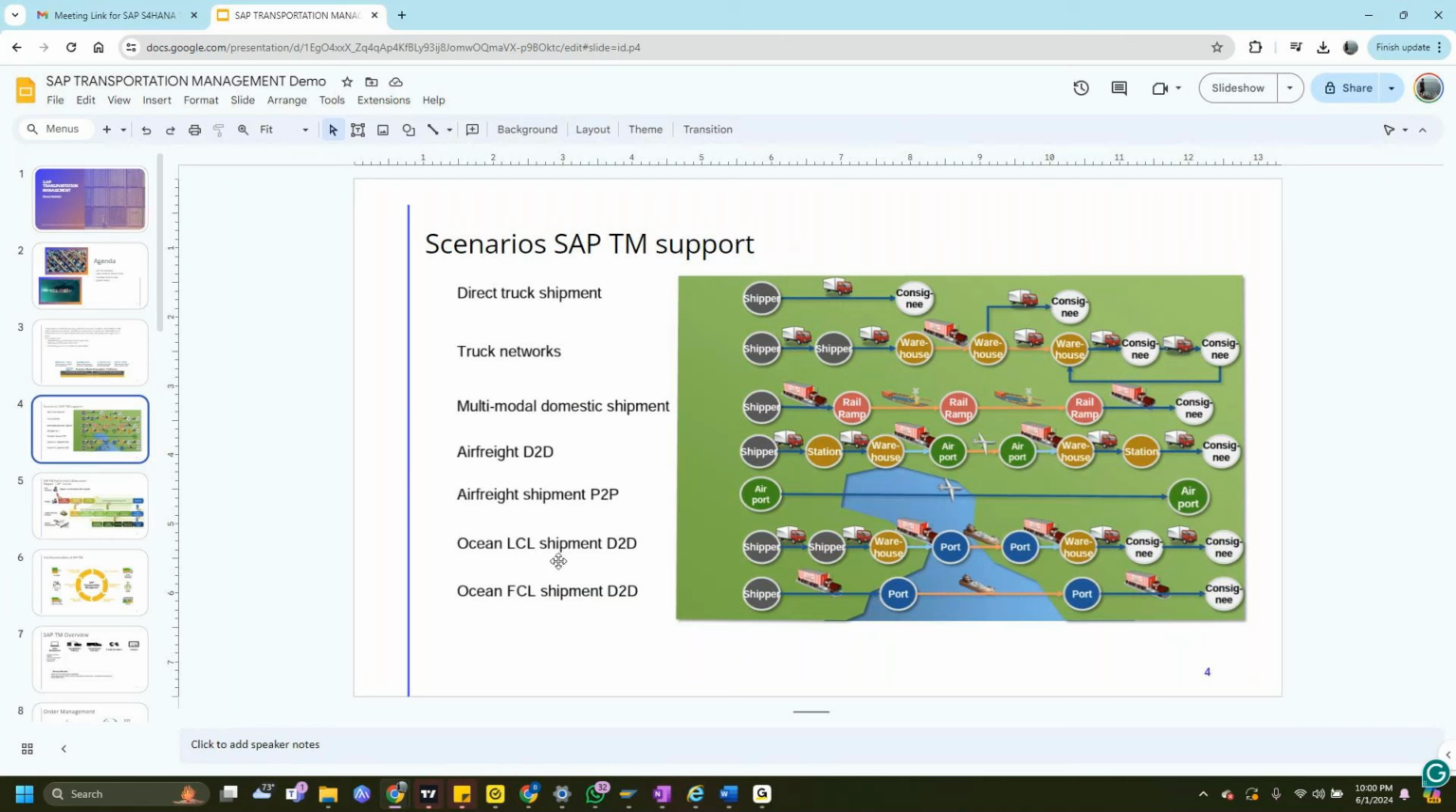LCL is like you have big containers. You have seen the Maersk container ships. If you see a particular Maersk ship, there are containers upon containers upon containers, stacked in multiple floors and placed on a particular vessel. So less than container load is something like a